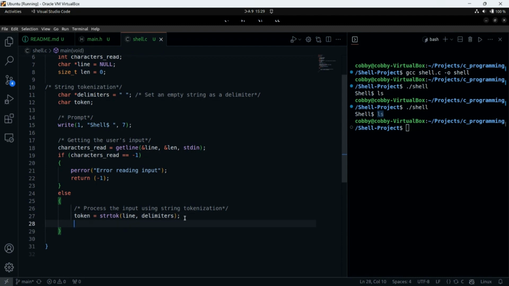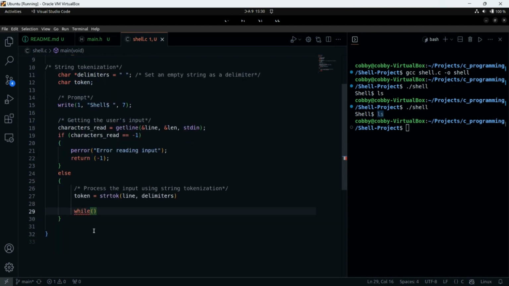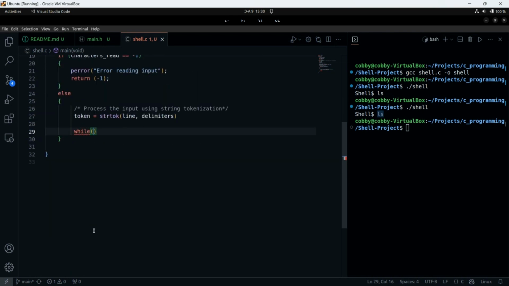So after this, there is something we want to do. This is not just the end of the tokenization. We want to write a while loop, as I illustrated in the other course I showed you, the string tokenization. We want to write a while loop to iterate through the input. We can say while token is not, always make sure you check your error. If token is not equal to